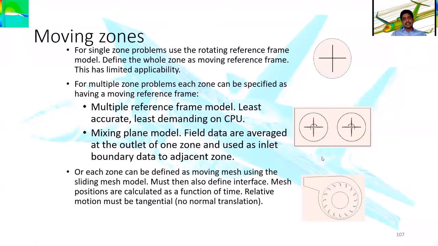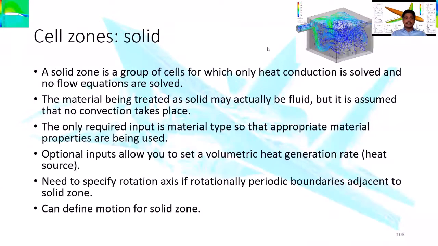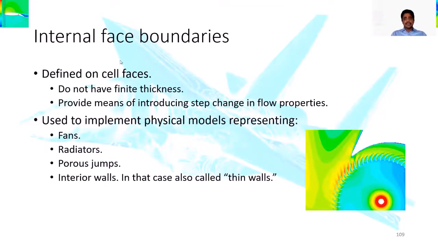When it comes to the moving zones, the best examples are the turbine blades or the impellers we just discussed, when analyzing them on the moving zones. And when you are talking about the solids, this is what the solids influence. If your solid is not properly defined, then the fluid can stay inside and enter only from the inlet and reach out to the outlet. Otherwise, if your solid zone is not properly defined, the fluid has to come from the solid zones also. That would result in an error in the solution.